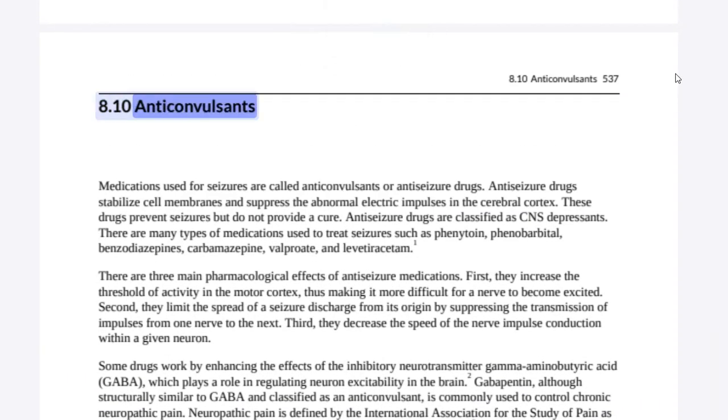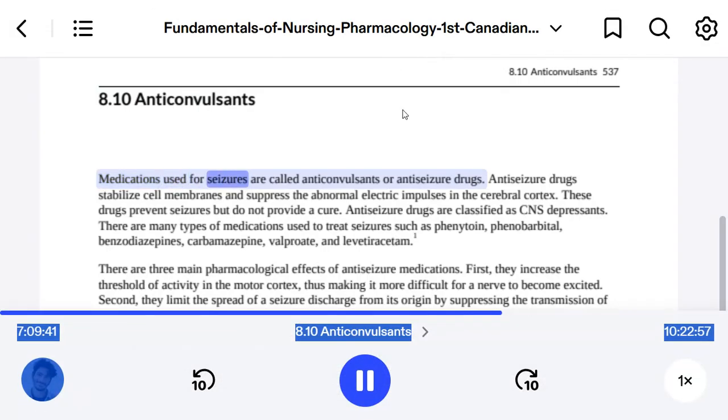8.10 Anticonvulsants. Medications used for seizures are called anticonvulsants or anti-seizure drugs. Anti-seizure drugs stabilize cell membranes and suppress the abnormal electric impulses in the cerebral